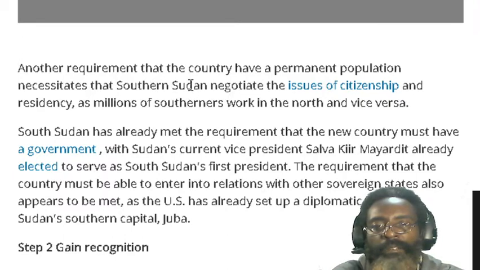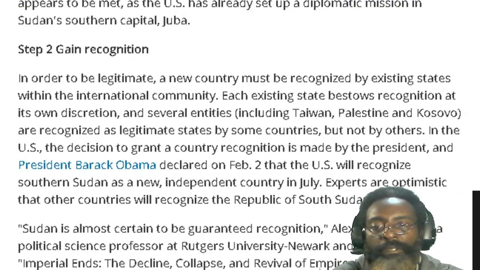It necessitates that Southern Sudan negotiate the issue of citizenship and residency as millions of Southerners work in the North and vice versa. South Sudan has already met the requirement that the new country must have a government. So you got to have a government, with Sudan's current vice president, and he's elected. So we want to have a form of government. We're not going to read it all, we're just going to skip through because it's very, very simple.